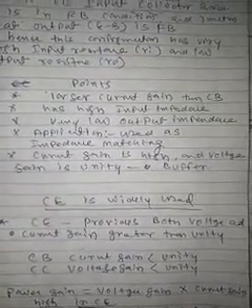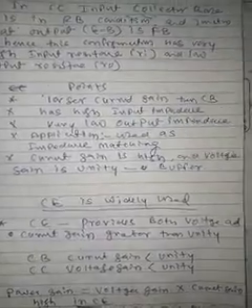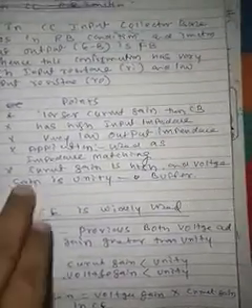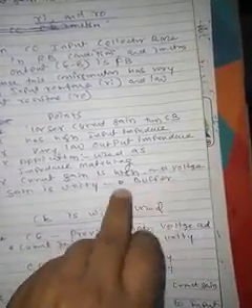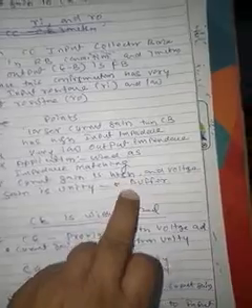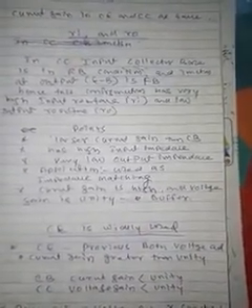The current gain is high and voltage gain is unity. So that is one more application, as a buffer, because the current gain is high and voltage gain is unity. So there are two applications of the common collector: one is impedance matching and the other is as a buffer. Okay, so this is about the common collector.